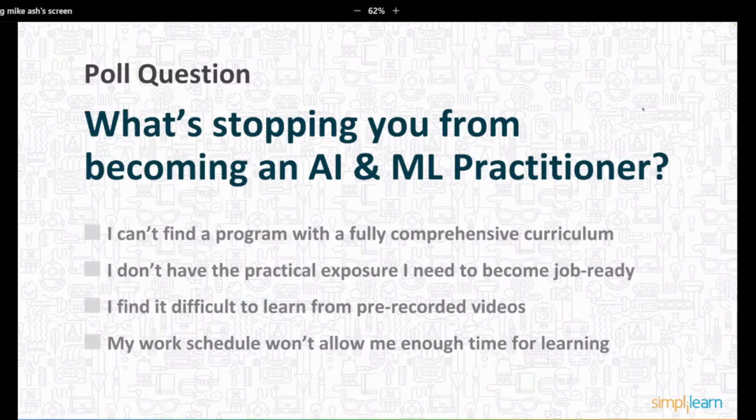And here's the result. The streaming people can't necessarily see it, but 60% of the audience says they don't have the kind of practical exposure and experience that makes them feel confident that they can claim to be an AI and ML practitioner. And then 43% say they can't find a program that has a comprehensive curriculum. So, Mike, we'll start the discussion about that. Yeah,